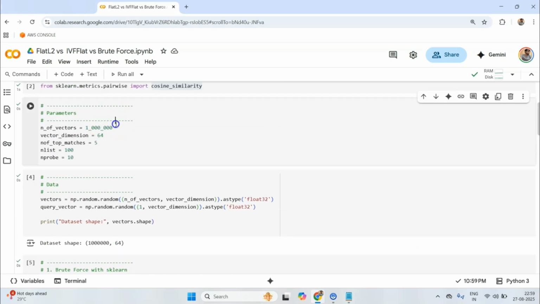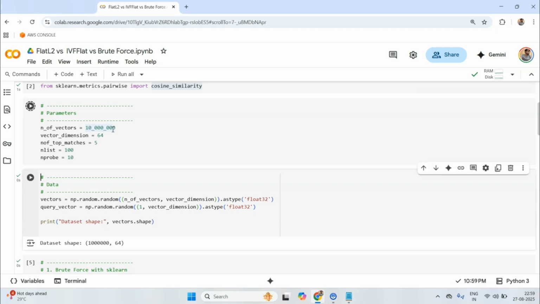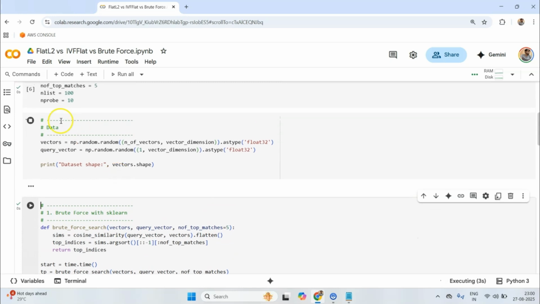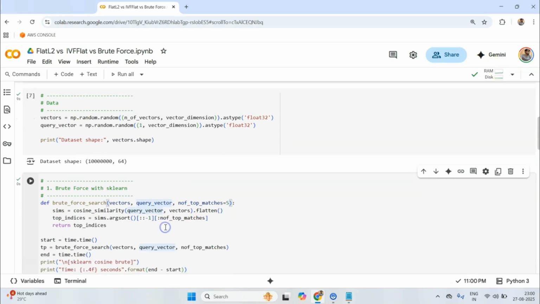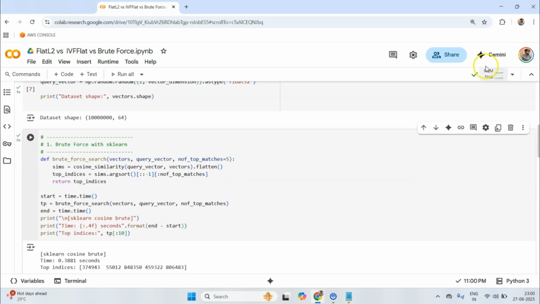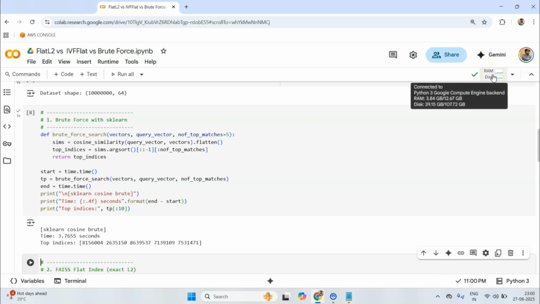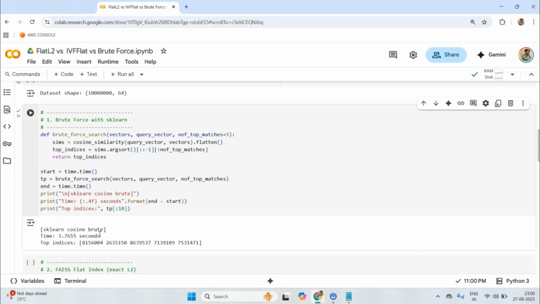Let's do one thing. Let me increase the 10 here, or maybe not here but rather here. So now it is 10 million, and let me run this again, and let's try to see how brute force does. Now dataset generation itself is taking quite some time, and I'm just afraid it breaks the RAM, we can calculate that, but let's run this. Okay, so now it is going to take some good amount of time. Okay, so it took us about 3.7 seconds, which is close to 4 seconds.